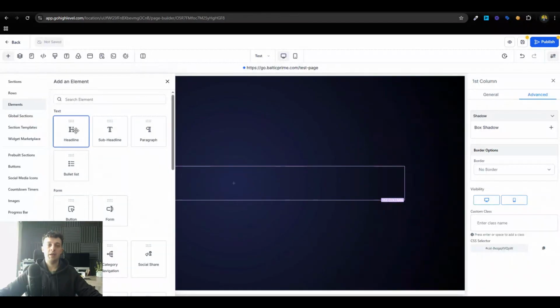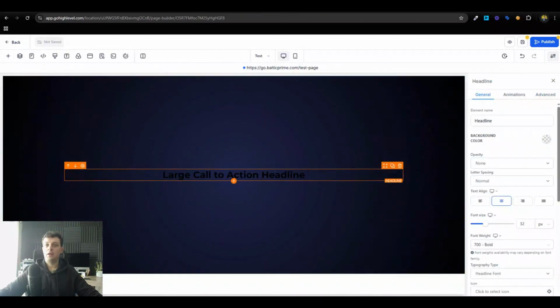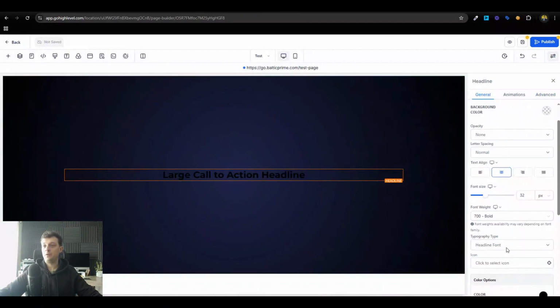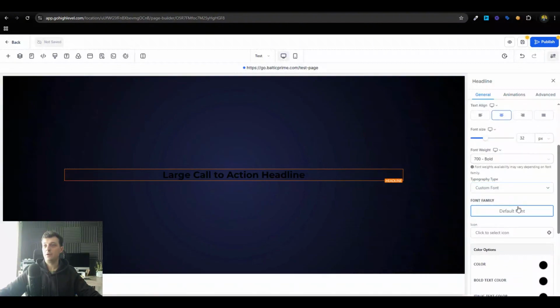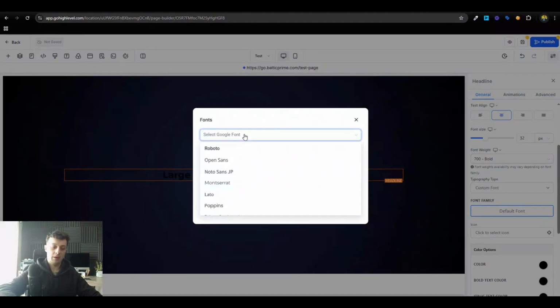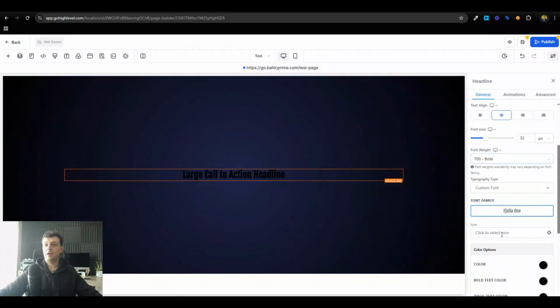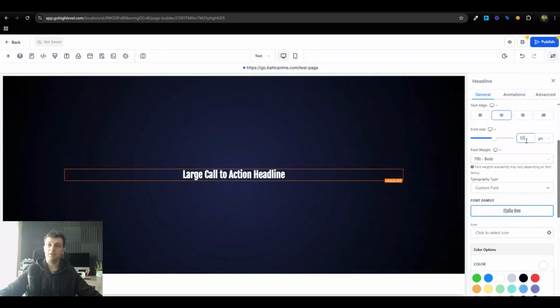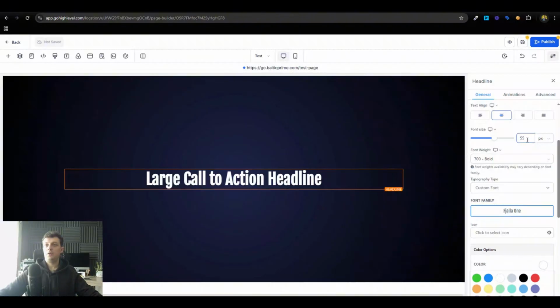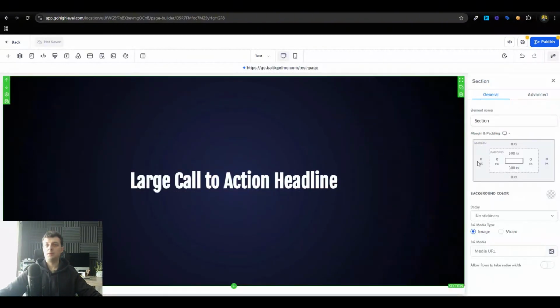Now before we go to the glow, let's do gradient headline. So I will just add a headline right here. And I'm gonna use custom font, and I'm gonna do, let's say, this one. It's a nice headline font. For now, I'm just gonna give it a blue color so that I can clearly see, and I'm gonna give it like 55 pixel and maybe like 65 pixel,